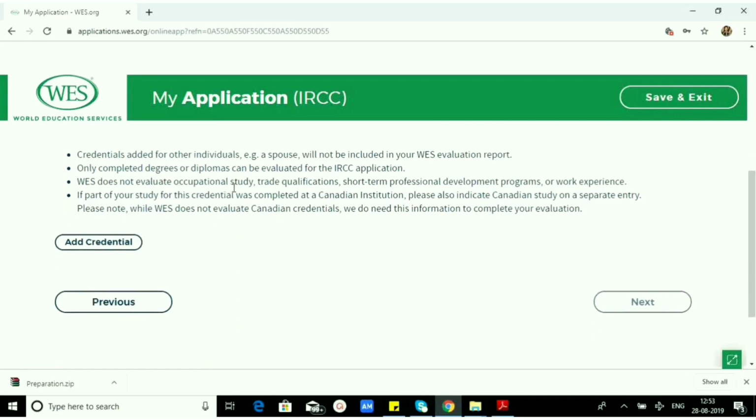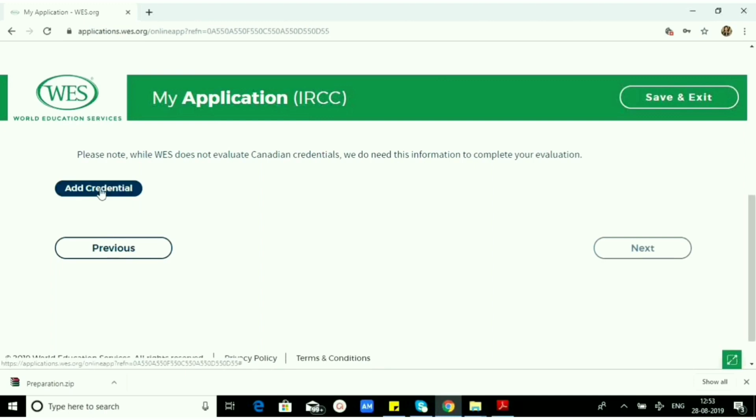And also WES does not evaluate occupational study, trade qualifications, short-term professional development programs, or work experience. So yeah, if part of your study for this credential was completed at a Canadian institution, we need to indicate that as well. So we are going to add our credential,